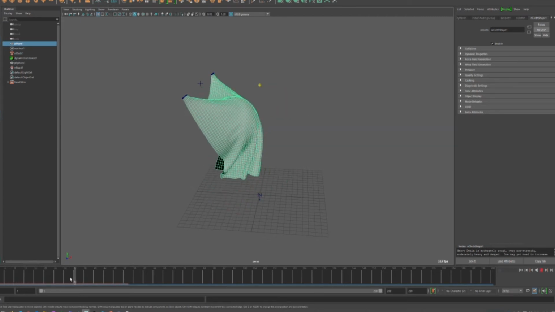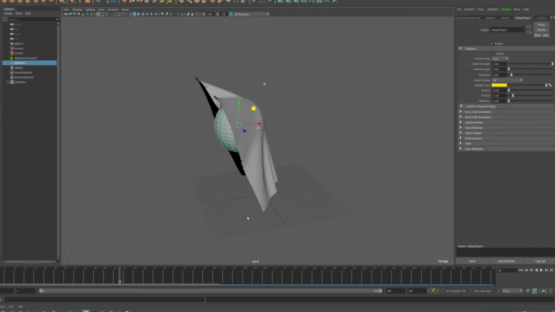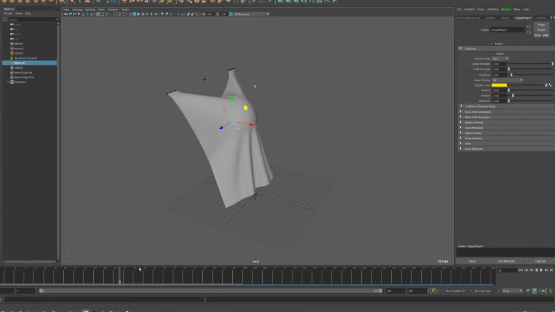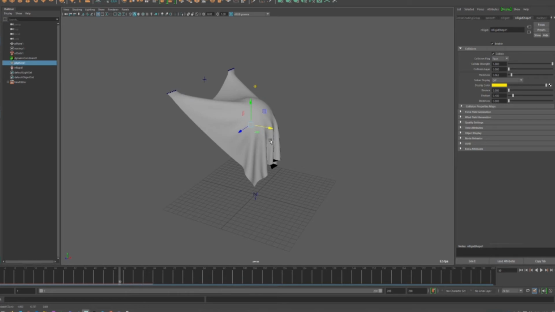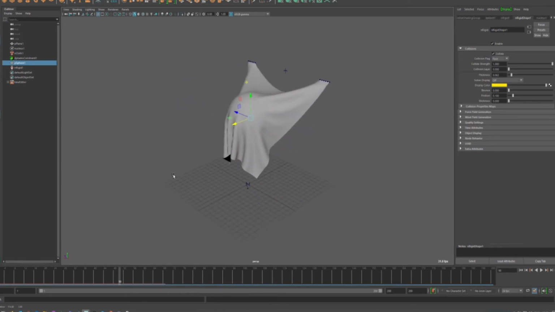So now my simulation looks like this. It does not slip over it anymore. And same thing when I move this collision object, now we are at frame 50. So I move my collision object a little bit further, and then it recaches it. And as soon as it reaches frame 50, I don't have to do anything. Bloop, you see that it jumps into position, and I can see here's how the collision would be, and I